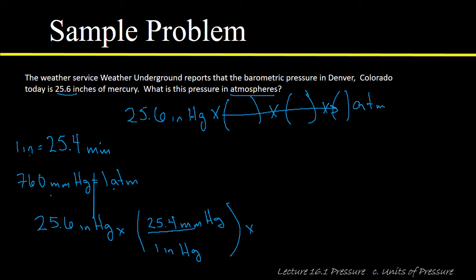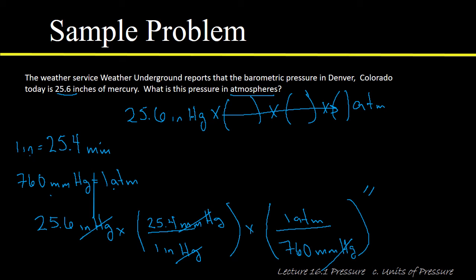And then let's do a second conversion to get to atmospheres. We want millimeters of mercury to cancel out. So let's write 760 millimeters of mercury is equal to 1 atmosphere. All right. And when we do that, we can cancel. We end up with atmospheres,